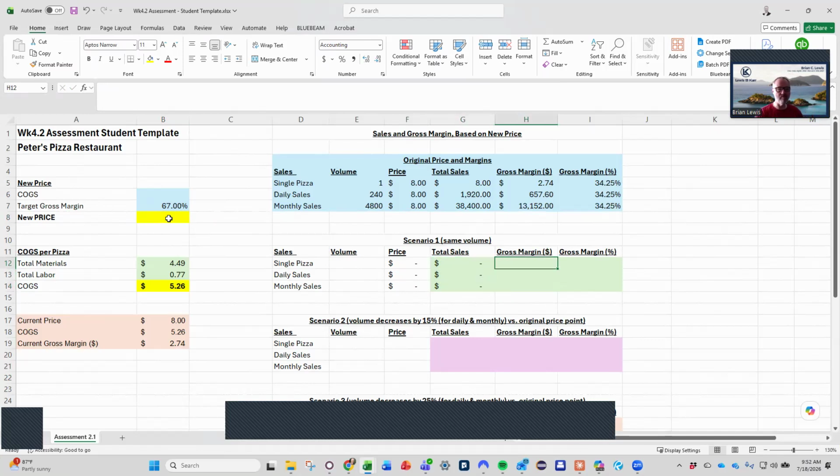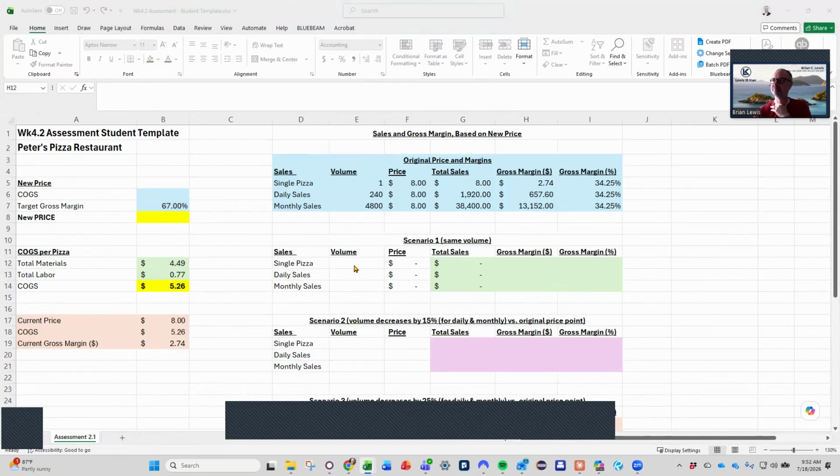Now the margin is going to be, we're not changing the actual cost of goods. We're only changing price. So price minus cost of goods is giving us margin. Now this is the current margin, which we're not going to use because it's all changes in price. This is just where they're at now. So let's do the difference between these two, right? The margin here